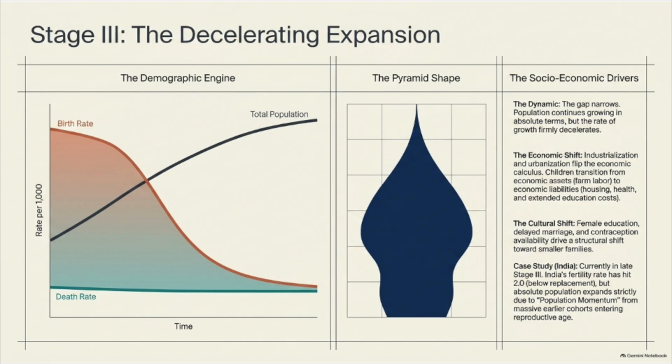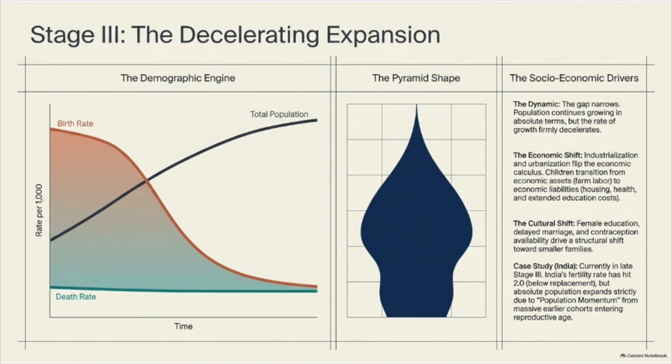Stage 3 is the decelerating expansion. Here, the gap narrows, and though population continues growing in absolute terms, the rate of growth firmly decelerates. There is an economic shift where industrialization and urbanization flip the economic calculus, and children transition from economic assets like farm labor to economic liabilities involving housing, health, and extended education costs. There is also a cultural shift where female education, delayed marriage, and contraception availability drive a structural shift towards smaller